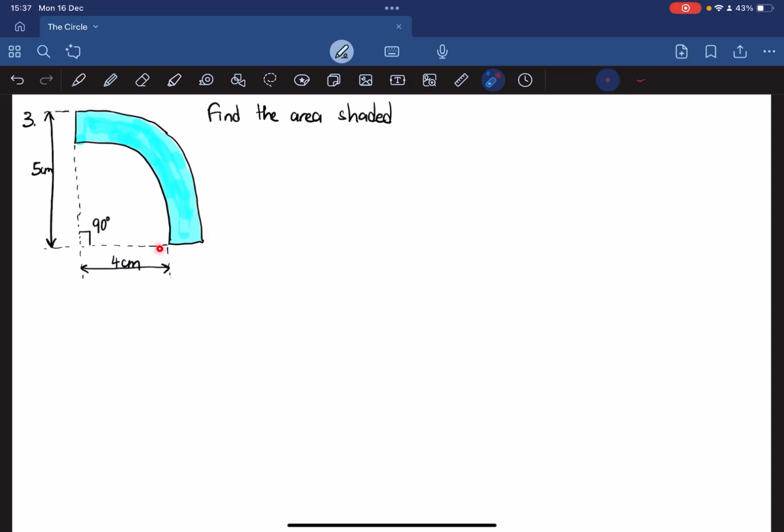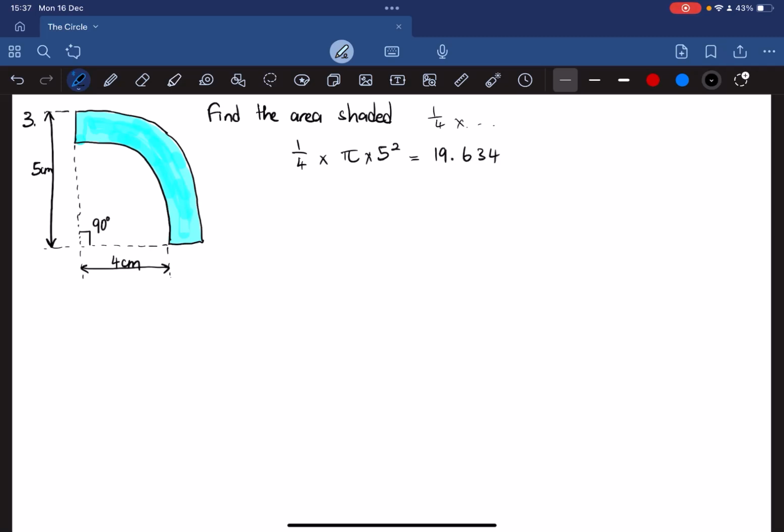Already by looking at this, I can tell that this is a quarter, and also by this angle that we're given, this is a quarter of a full circle. So in whatever formula I'm going to use, 1 over 4 multiplied by the formula. So to get the shaded area, in this case, we're going to say a quarter times pi, the radius is 5 centimeters. Hence, that's a quarter times pi times 5 squared, which gives us